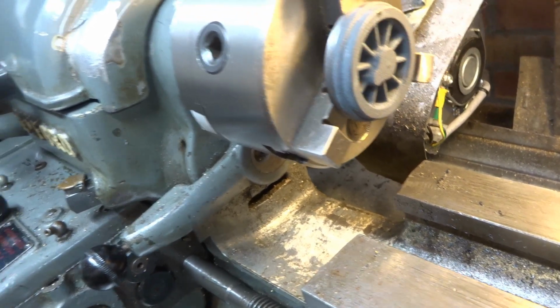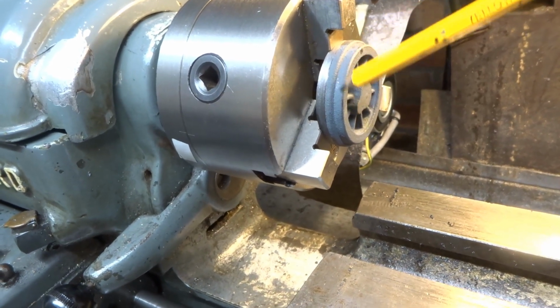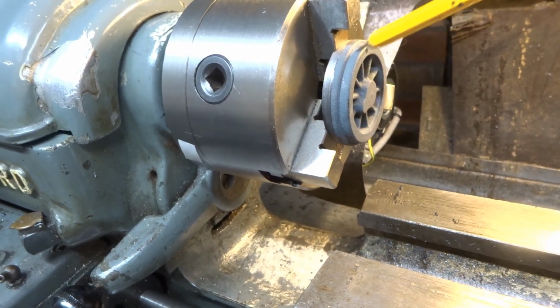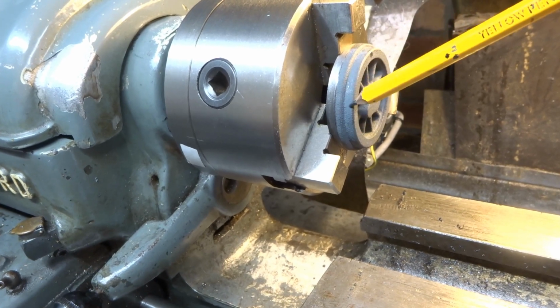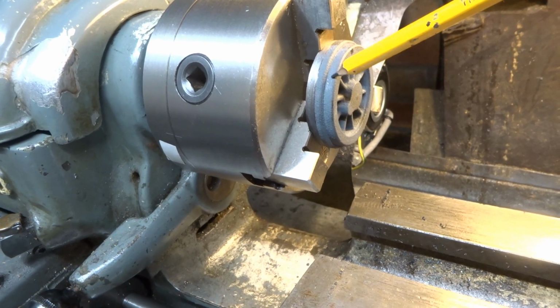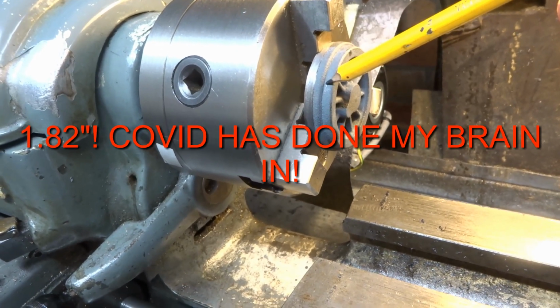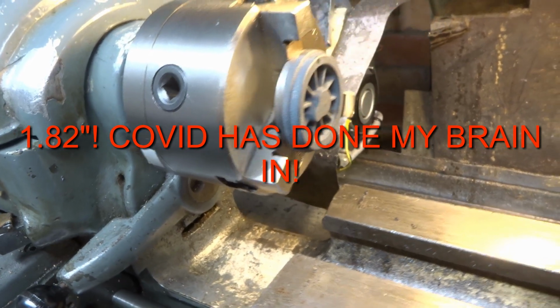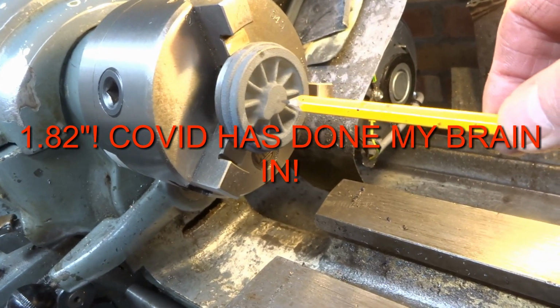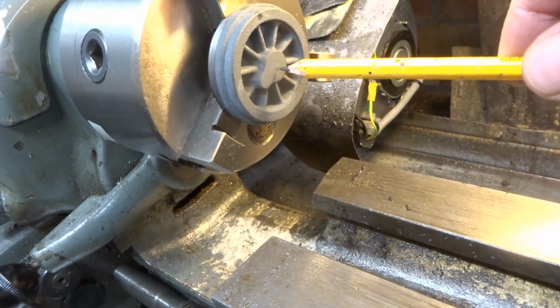face the outer rim off, very carefully, bearing in mind I haven't got much to play with. Turn this portion here to about 1820 millimeters, I think, to start with, if I can, and then drill and ream the centre 3/16,